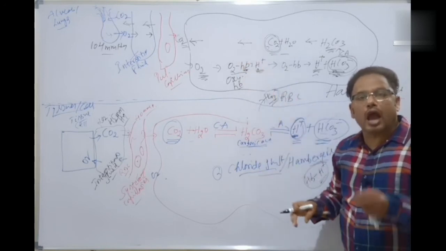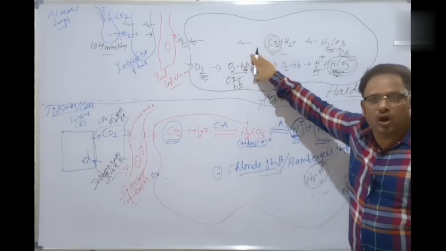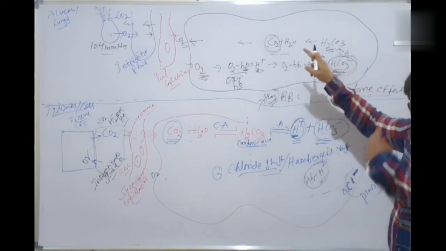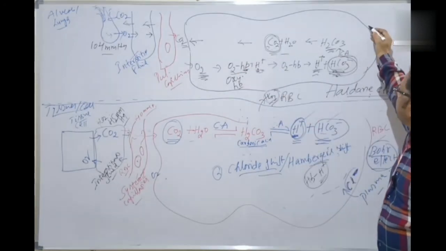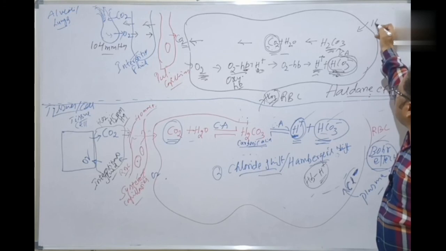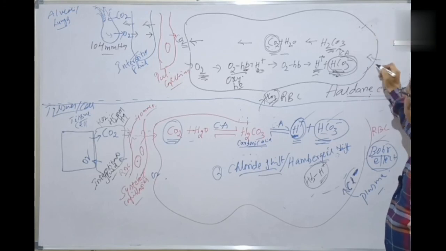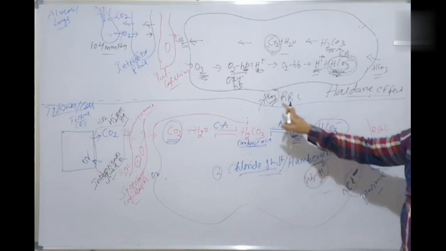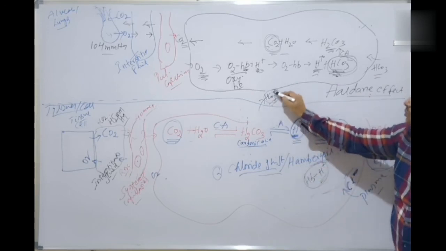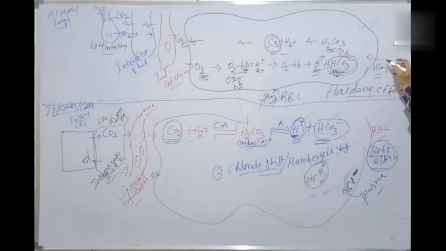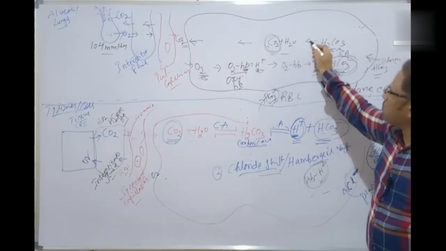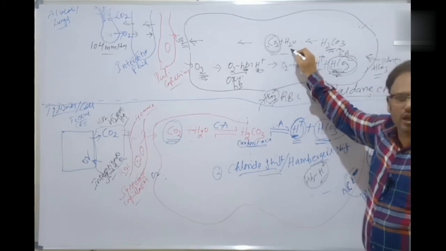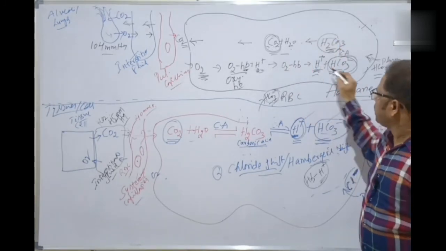Obviously, this severely upsets the ionic equilibrium here. Why? Because more bicarbonate ions are lost in this process. So, to maintain the equilibrium, what happens? Some of the bicarbonate ions present in the plasma come back into the RBC. Why? Because the bicarbonate ions are now split into CO2 plus H2O from the carbonic acid, so the bicarbonate ions are lost.